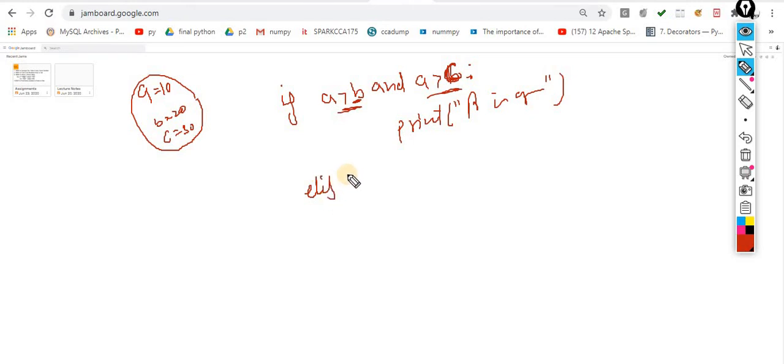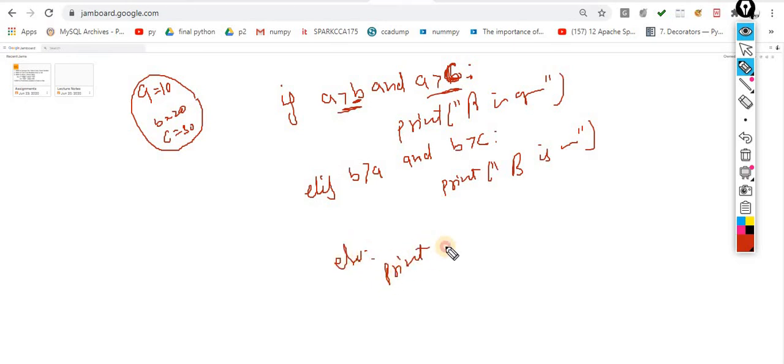Elif B is greater than A and B is greater than C. Now what is happening? The output is right, there is no issue inside the output. Else print C. But when you attempt the same thing with 5 numbers, you get confused. Now let me explain this point. Here the output is exactly fine, there is no difference in the output, but understand the concept where I am lacking.